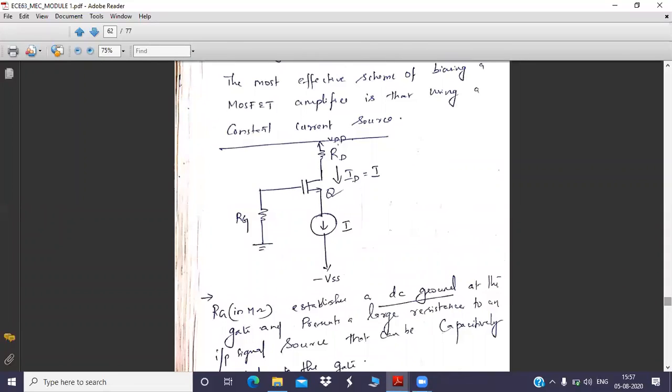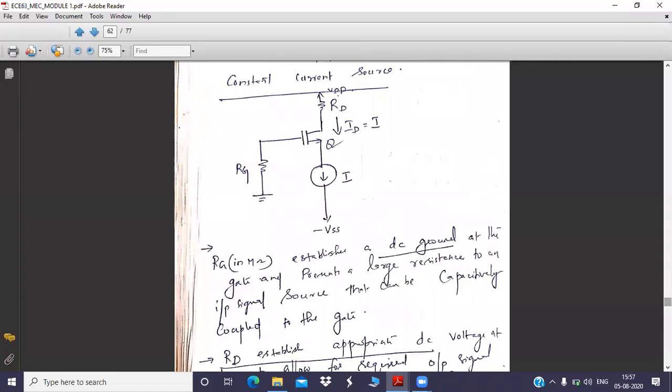This is done by a constant current source. Here is a constant current source. This is actually a different circuit, but diagrammatically I have represented it with just one round symbol, marked I. The arrow mark indicates that this is a current source. Basically, this is a circuit the designers have to design to get a constant current. If you fix this source at the source terminal of the MOSFET, this is your MOSFET and this is the source terminal of the device, and this is your constant current source.